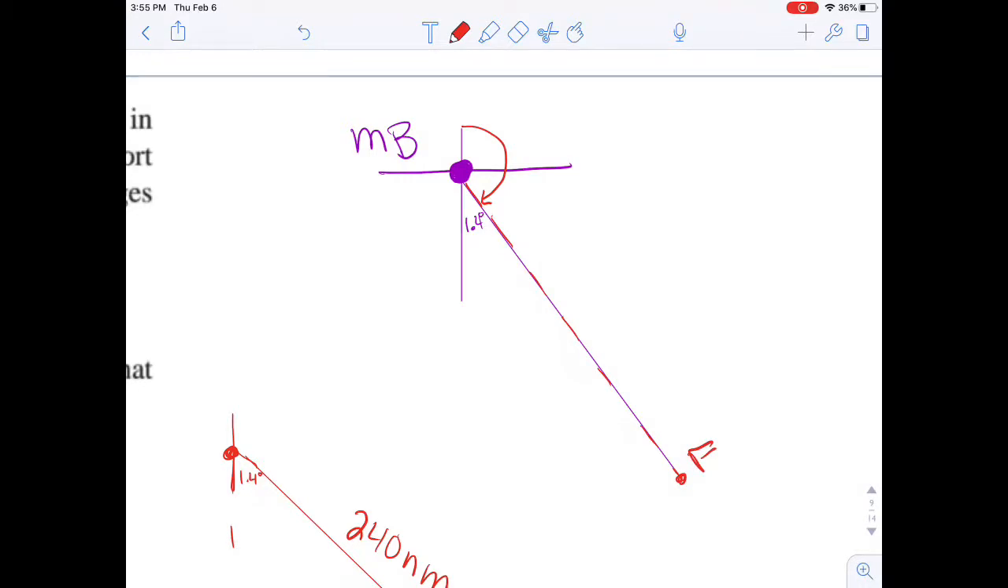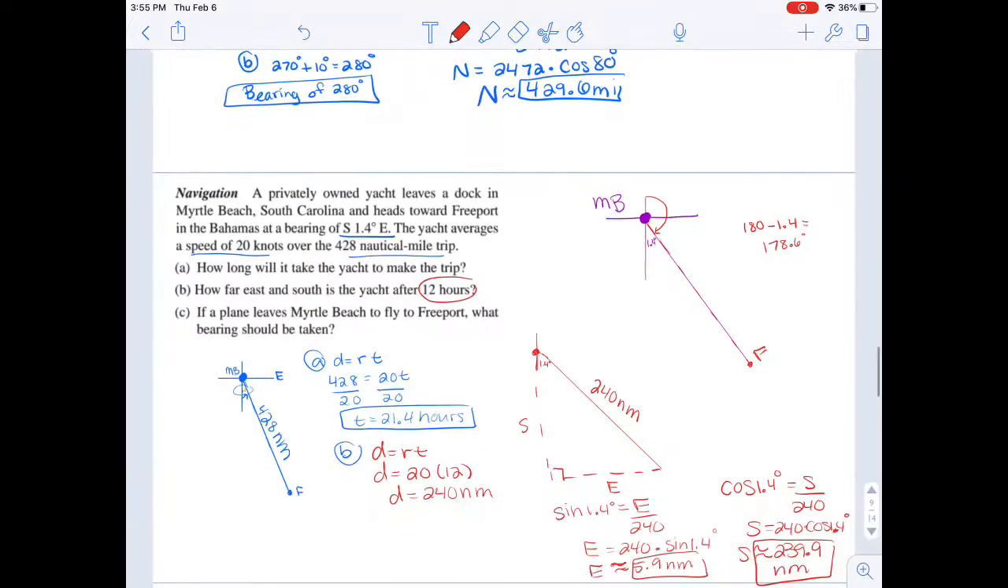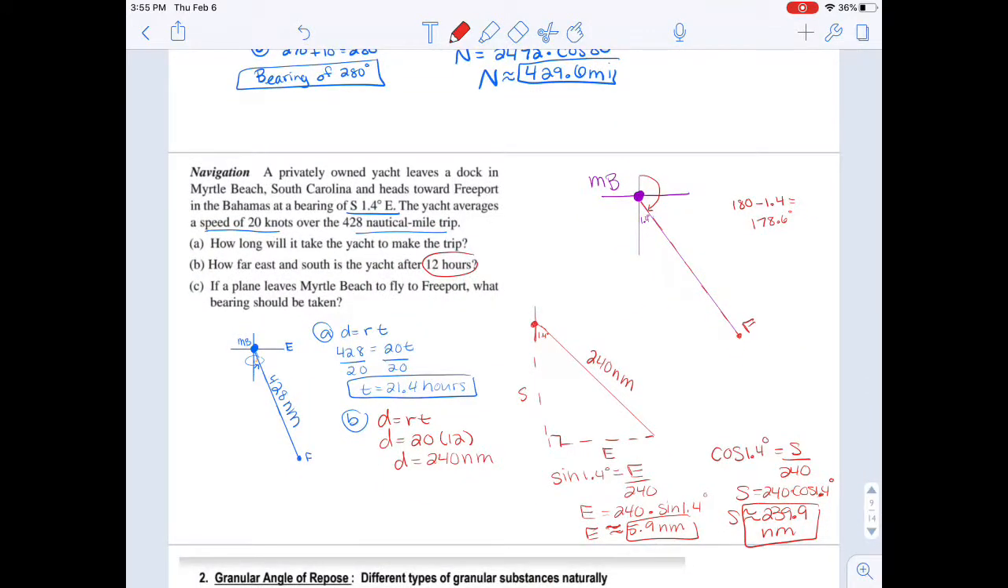So hopefully you notice that together they create a straight line. So the bearing would be 180 degrees minus 1.4 degrees. So that would be 178.6 degrees. Bearings can be kind of challenging for some people. Hopefully we'll get a little practice with